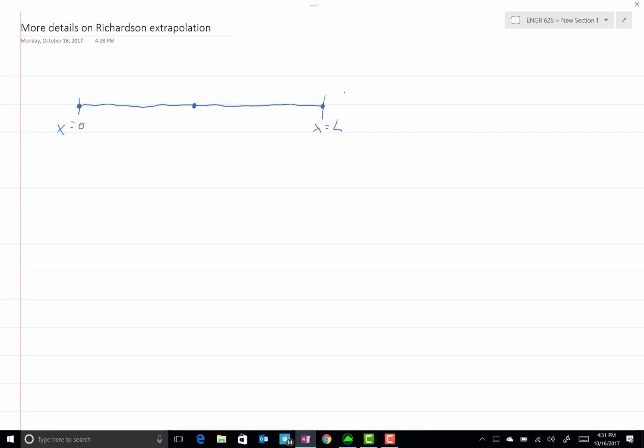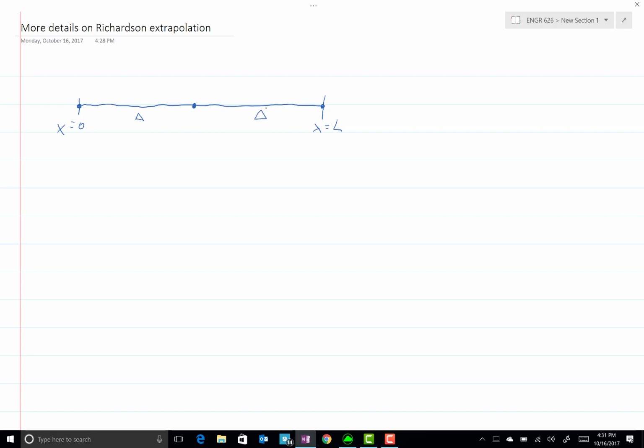In other words, the spacing between any two consecutive nodes is the same regardless of where you are in the mesh. So at this first iteration where we have 3 nodes,